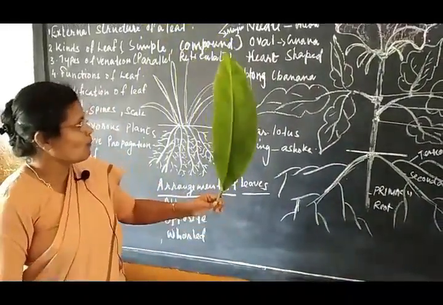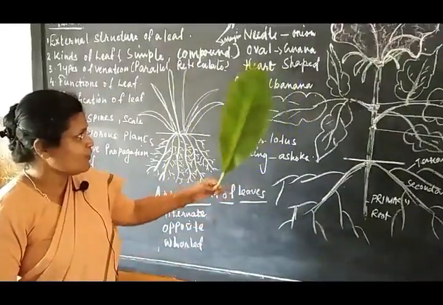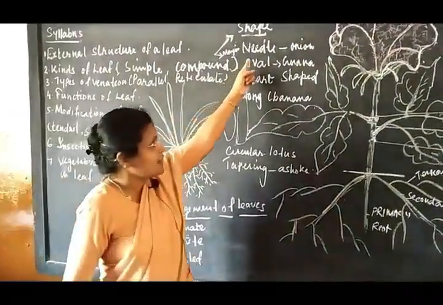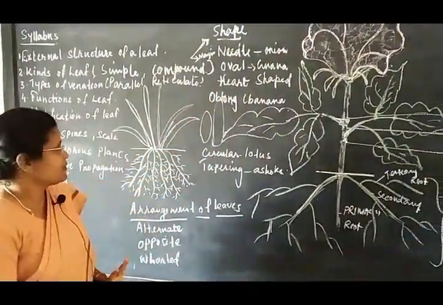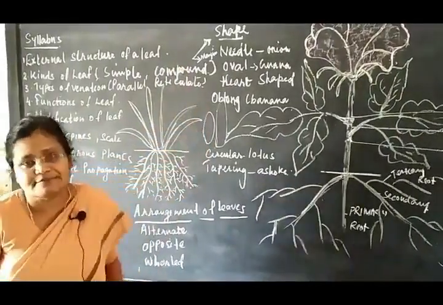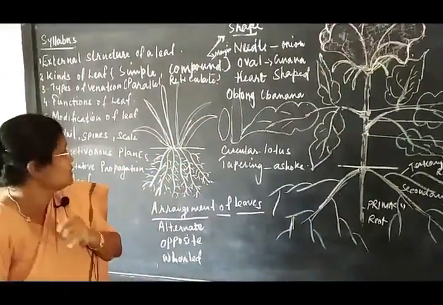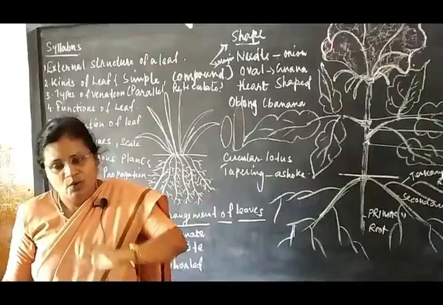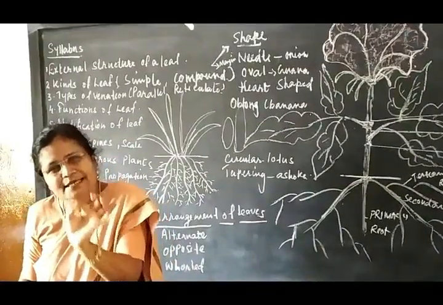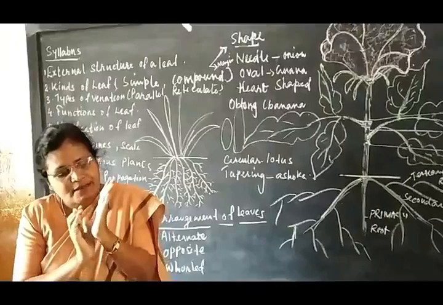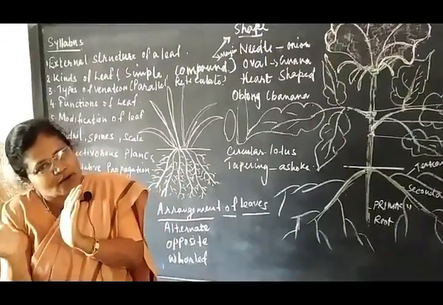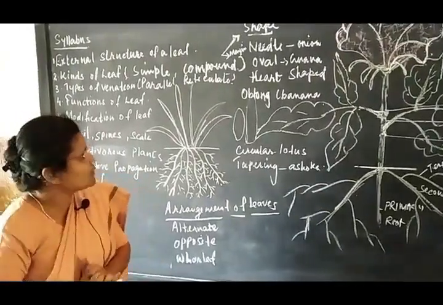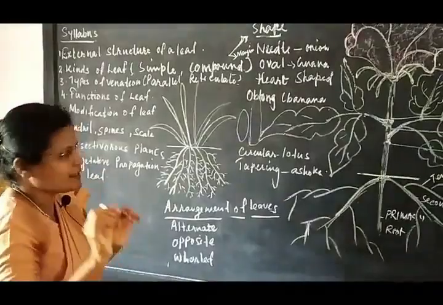So the example for oblong shape is your banana leaf, example for heart shape is your pipal leaf, example for oval shape is your guava leaf, and example for needle shape is your onion leaf. Now those are the different types of leaves basing on the shape. In general there are two types of leaf. One is simple leaf, having a single leaf from the node. When a single leaf arises from the node, it is called simple leaf. When a leaf is having so many leaflets, they are called compound leaves, which means so many other branches, small